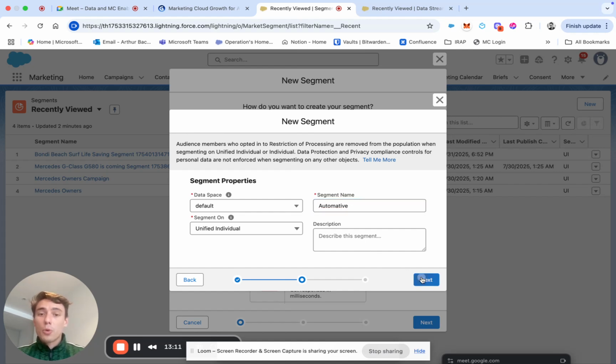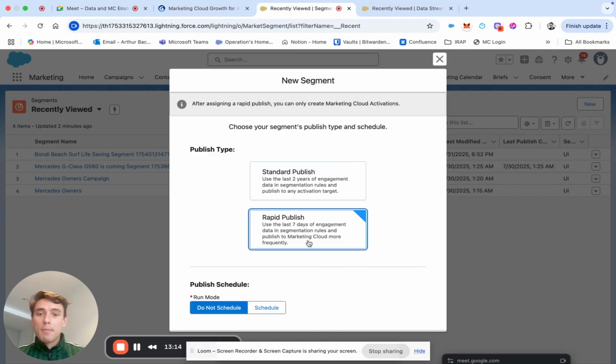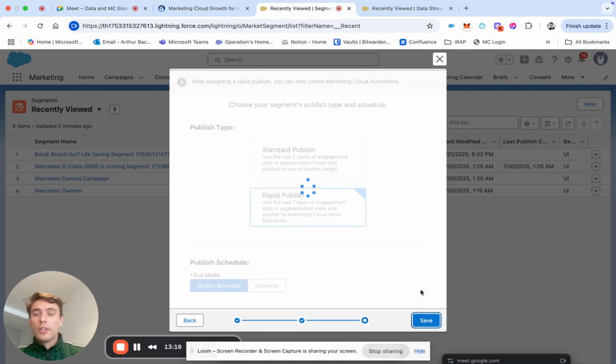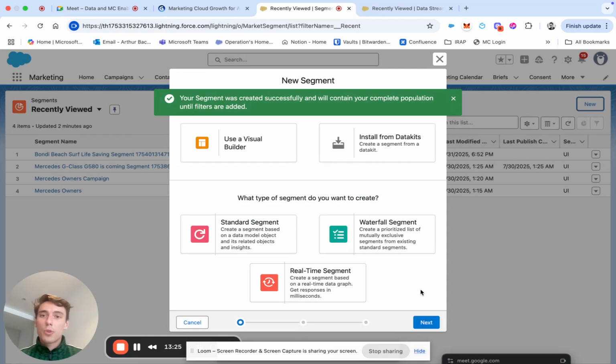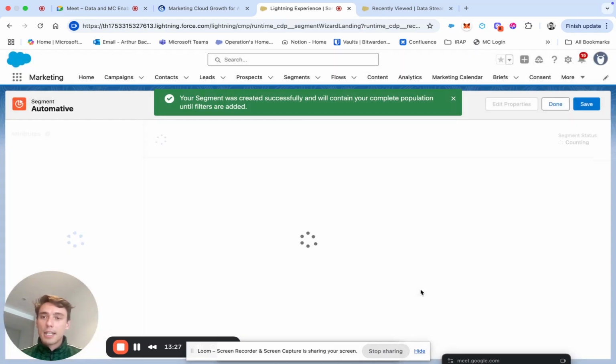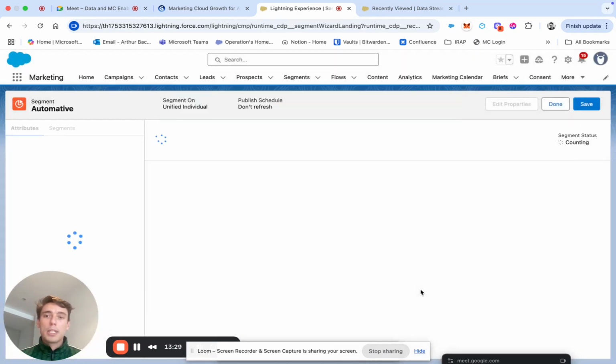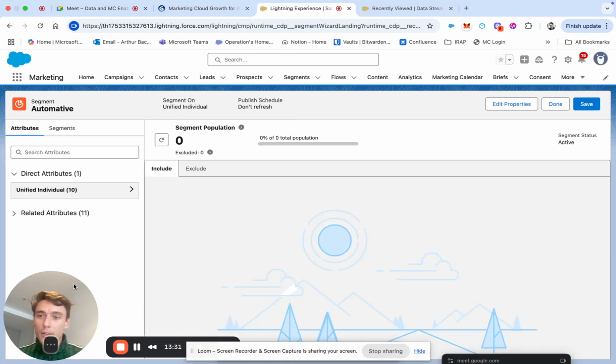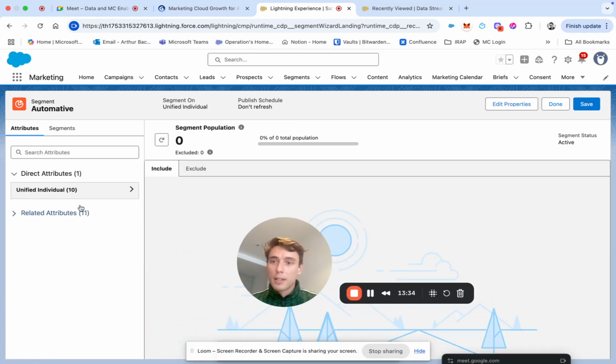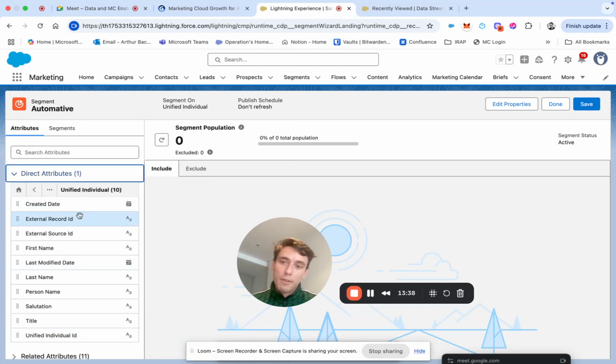Marketing Cloud Growth allows you to build segments based on this. So this is quite interesting. I think it's a good feature, and you can really see that Marketing Cloud Growth and Marketing Advance make all their sense because they are built on top of Data Cloud. So here, as you can see, we are building the segment, and we have all of the field attributes from the